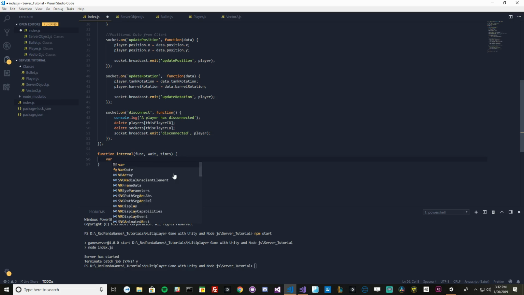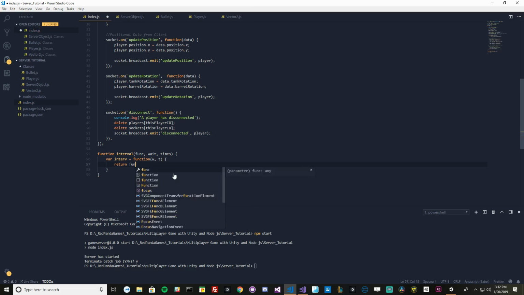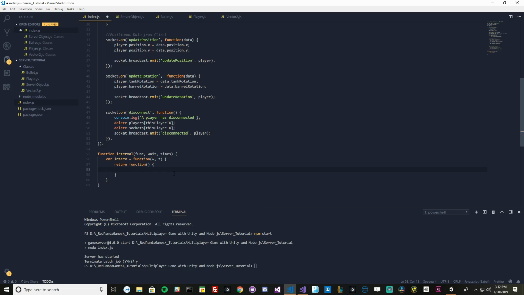What we're going to do is say variable interv for interval, and that's a function of wait time. And we're going to return a function. Normally this is something that's just written once, and you can find this on a variety of sites for how people do this sort of stuff. We're going to put a semicolon there. And we're going to say if typeof t === 'undefined'